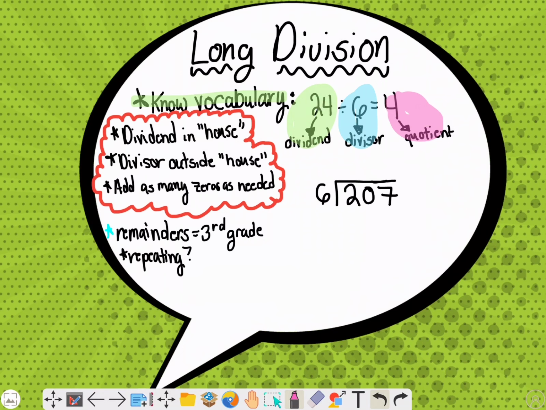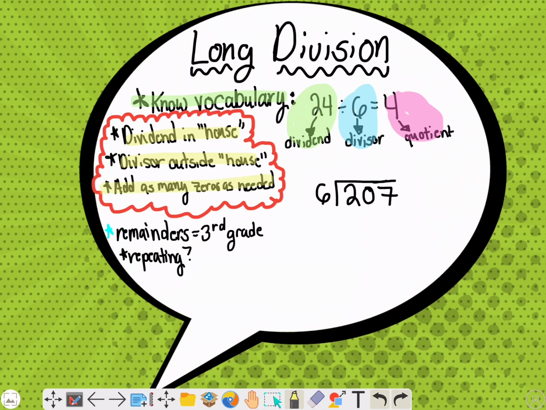It's good to know, and also, if you watch videos, a lot of times they're going to use words like dividend, divisor, and quotient, and that's going to help you a lot when you're talking about decimals, and then help you even more when you're talking about fractions, because whenever you start dividing fractions, it gets really tricky. Key things: dividend goes in the house. Well, I'll do it a different color. Dividend goes in the house, divisor goes outside the house, and then whenever you're dividing, you can add as many